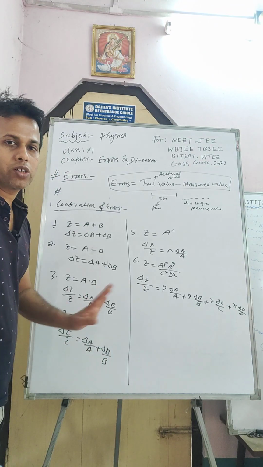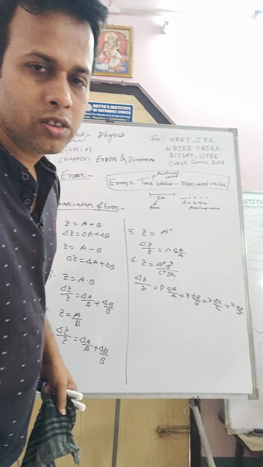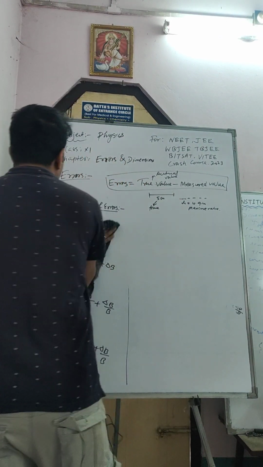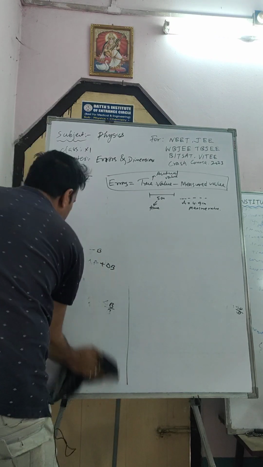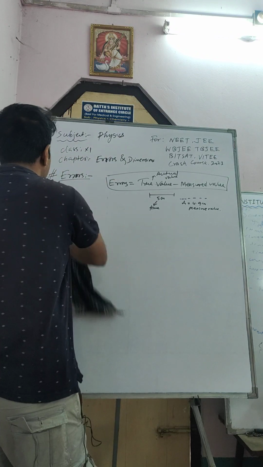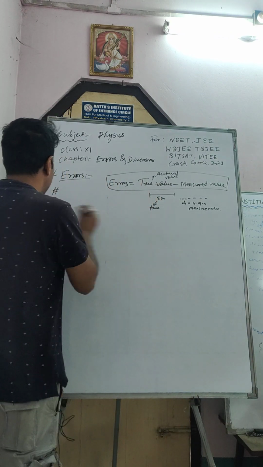Now we write the random errors. Okay, so let's go. Now we will do random errors. Then the error part will be covered. Write down the formulas of random errors. So there are 5 random error formulas.